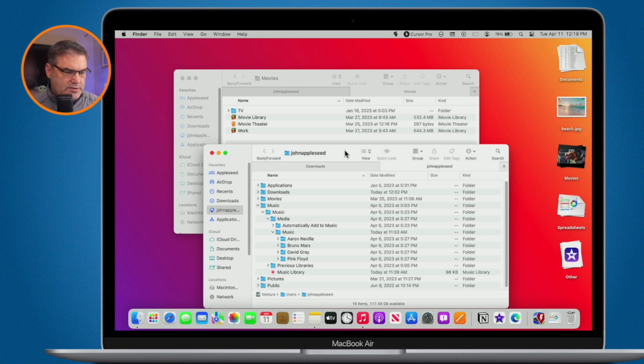Again, our Finder is a crucial component of working with our Mac. It's basically where we can manage all of our files and folders. And as you can see, there's a lot of different options that we have available to us. So what I would recommend doing is just playing around with it, maybe changing the toolbar, see if there's some tools that you can use on a regular basis in there, or even going to the Finder settings or preferences and making a few